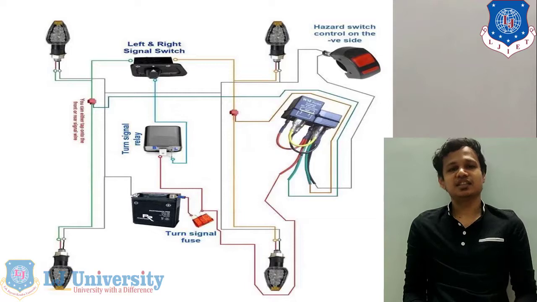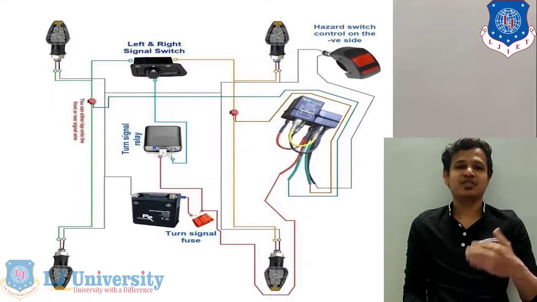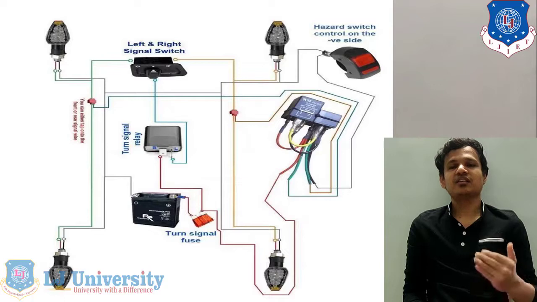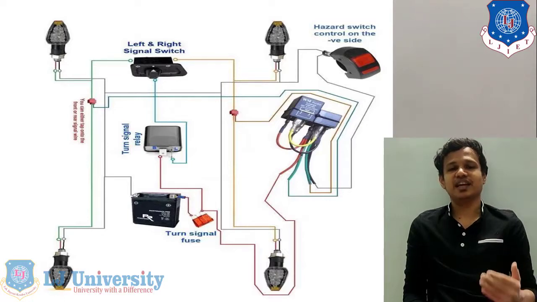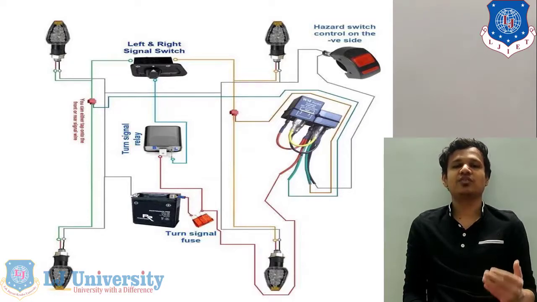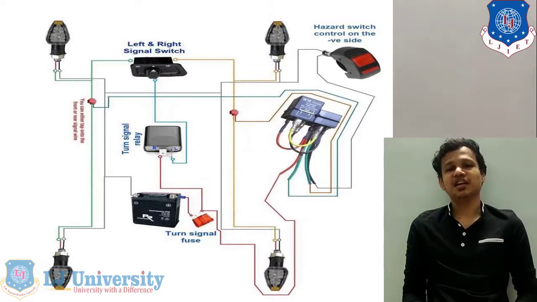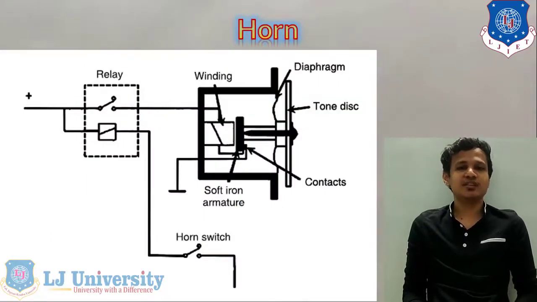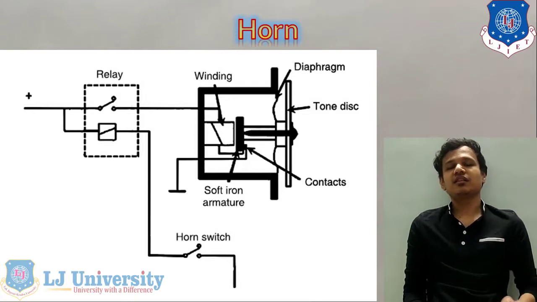Other than that, the lighting system consists of the side lights, which have been given in the case of the two-wheelers as well, at the front side, same as the rear side. You can see the turn signal relay is connected with our lighting system in the case of the side lights. So these are the various types of lights which are connected in the lighting system of the two-wheelers.